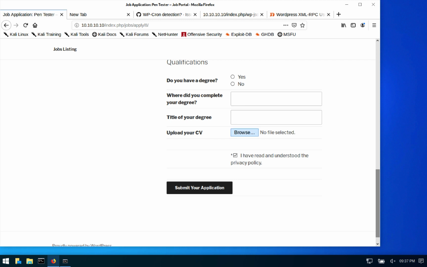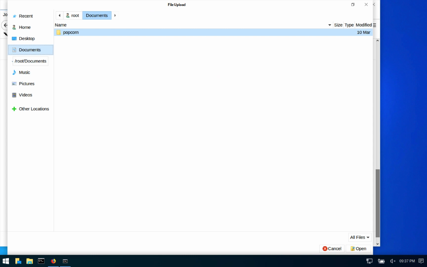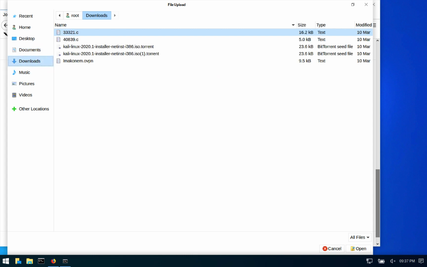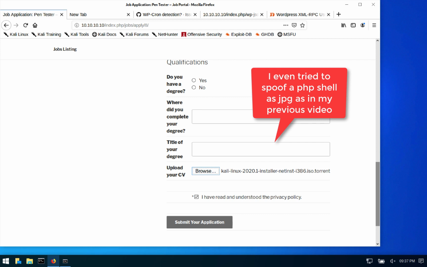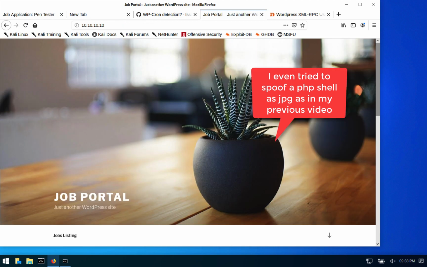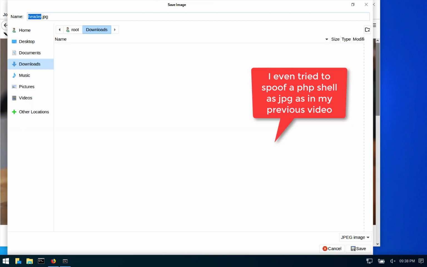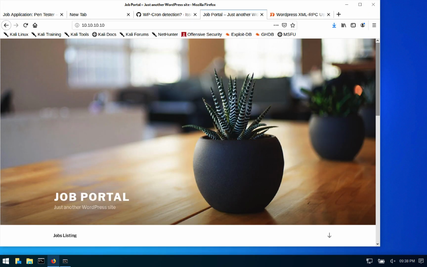Of course, I've read that, but we can upload a CV. Let's see what we can upload. Remember last time we had a torrent file? Let's see if we can upload a torrent file, just to see what we can upload, right? Submit an application. Sorry, file type is not permitted. Okay, website, and save this image